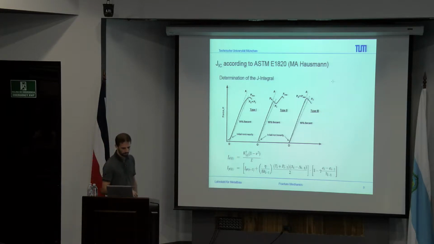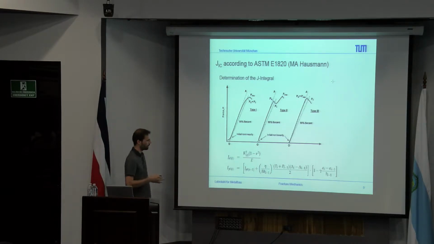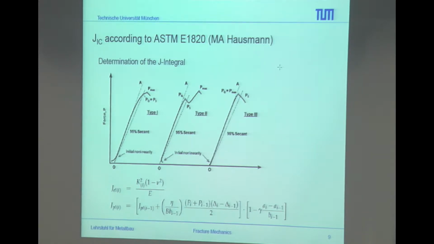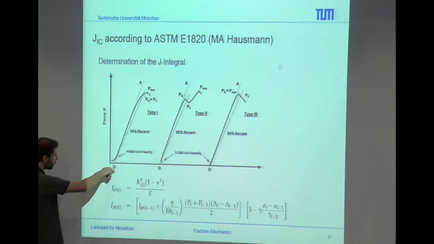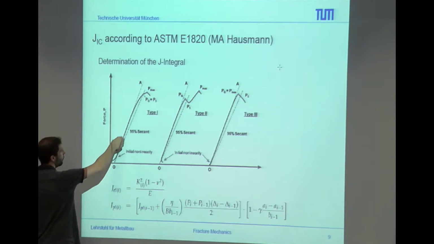So this is something which is here, for example, in the E1820, but there also exist some other guidelines, but usually you just use the ASTM in this case. So how does it look like? At this point you have some initiation zone which can have some shifting just due to settling of the specimen, and at the next point you have to evaluate your